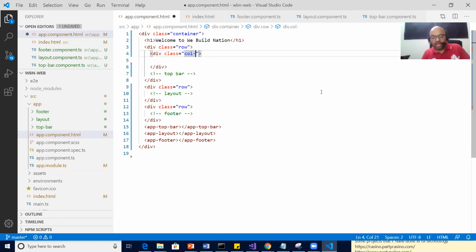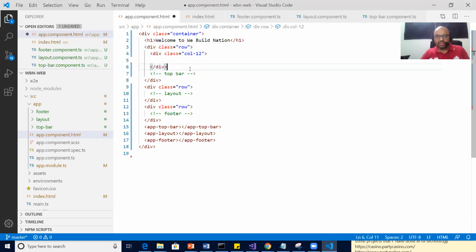Here as of now, I need the entire row, all 12 columns. So I put col-12, which means I will get one column which stretches till 12. Guys, did you understand this or not? Yes, sir. Good.